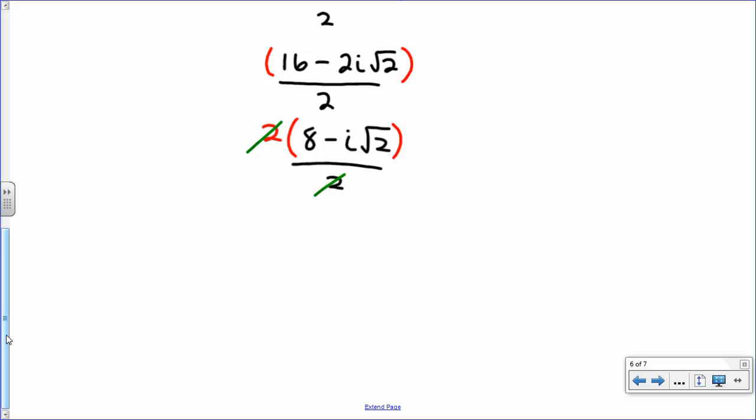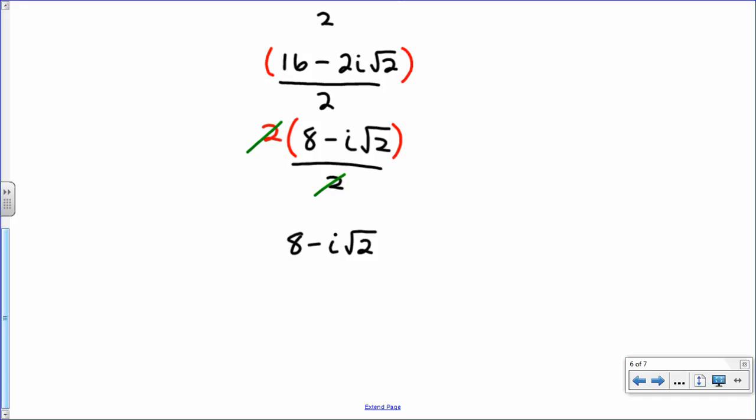The 2's now cancel, and I'm just left with 8 minus i square root of 2. Where you put the i next to a radical doesn't matter. You put it in front or at the end. Just make sure that it's not underneath the radical. i is not underneath the radical. And so make sure if you do put it at the end, it's clear that it's not under the radical